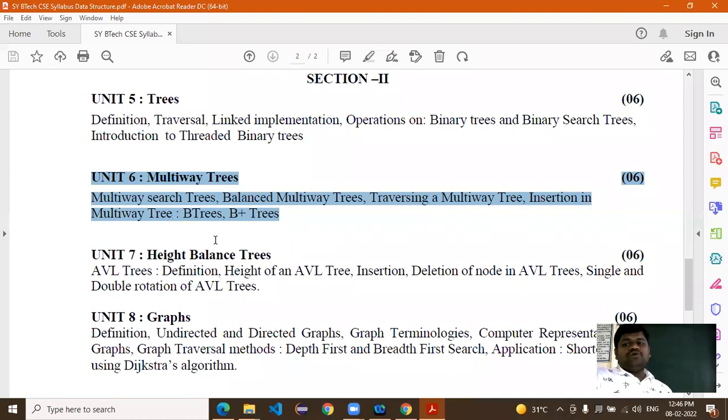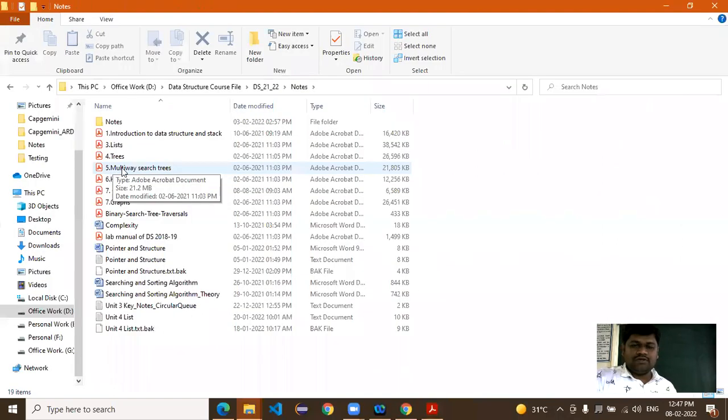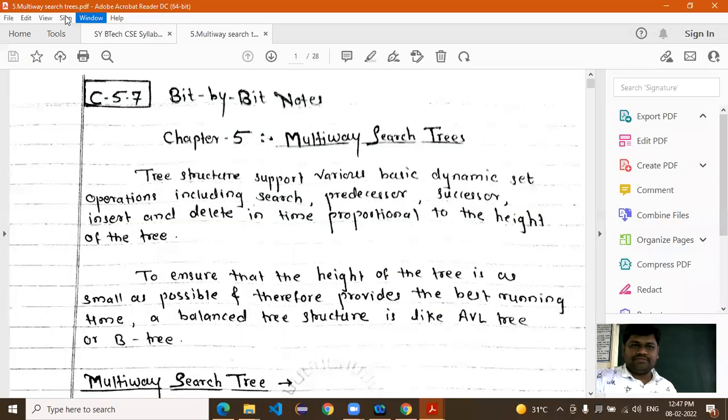And here two types of tree we will discuss: one is the B tree and another one is the B plus tree. Now this concept is very, very interesting. So definitely you will enjoy the concepts of unit number 6.